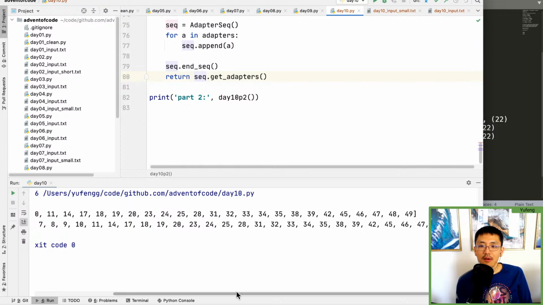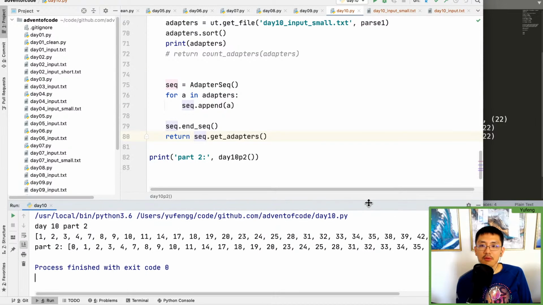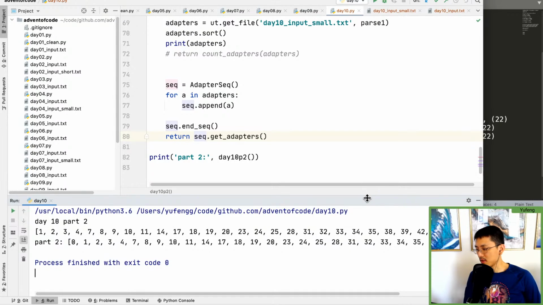Good. So now it's a question of, can we do every single combination of every number and try to make new adapters? So only in the outermost loop do we need